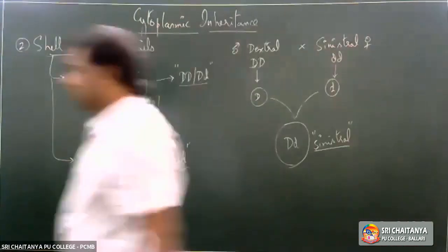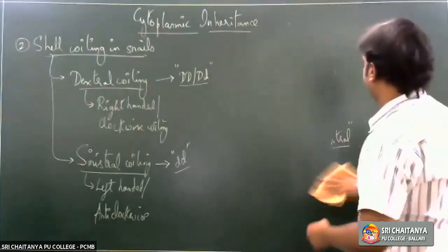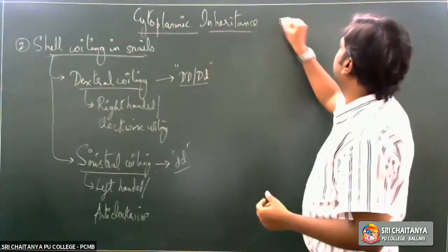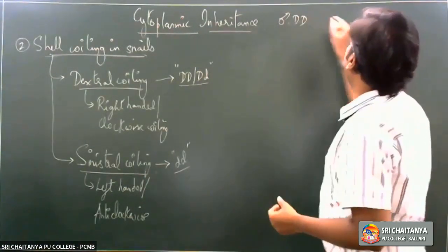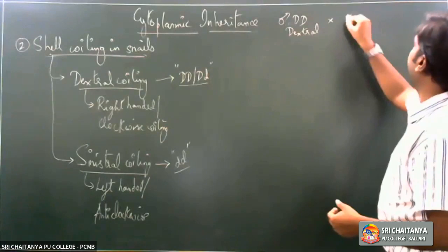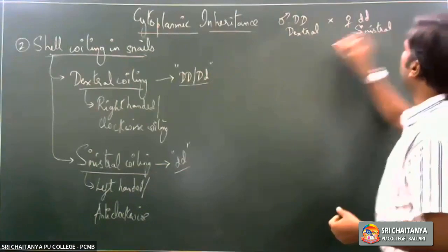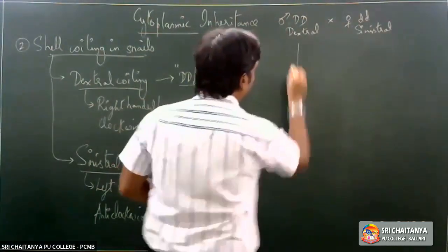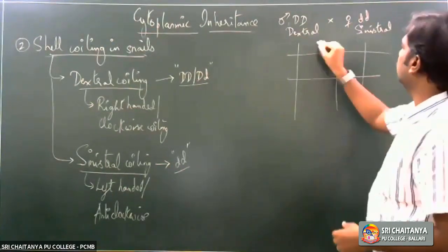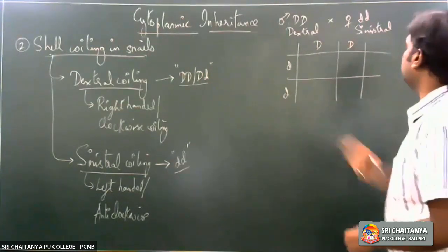So let us take up the Punnett square and see how exactly the inheritance pattern is happening. So we'll go a few generations down. We have said that we have the male capital D, that is dextral male, crossed with the female small d and small d, the sinistral female. So in the F1 generation, what was the type of progeny obtained? This would be capital D here, and here it would be small d and small d. This is what we have.